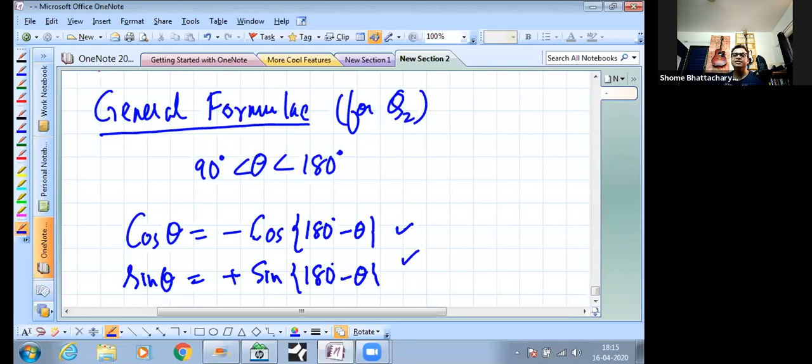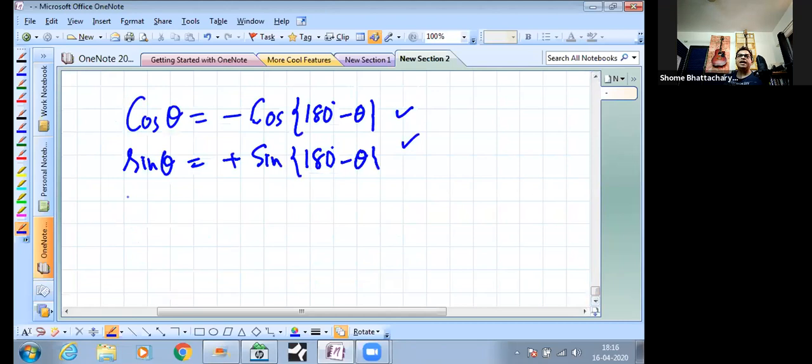Now with today's lecture, hopefully you've understood the logic behind these formulae also. Why your cos theta comes with the minus sign, whereas your sin theta comes with the positive sign. Because always remember, if your angle is obtuse, then the object which is rotated by that angle is lying between the negative x-axis and the positive y-axis. So its x projection, which is cos theta, is negative, whereas its y projection, which is sin theta, is positive. Okay. So that is what this was actually about.